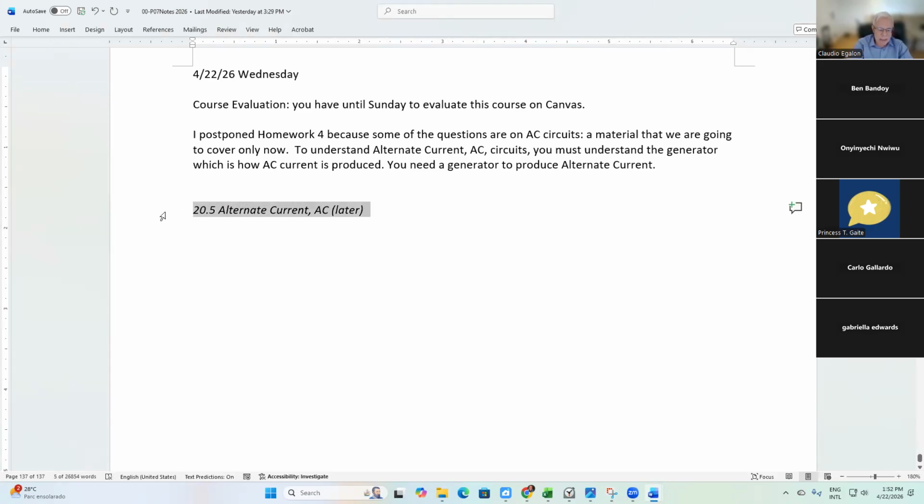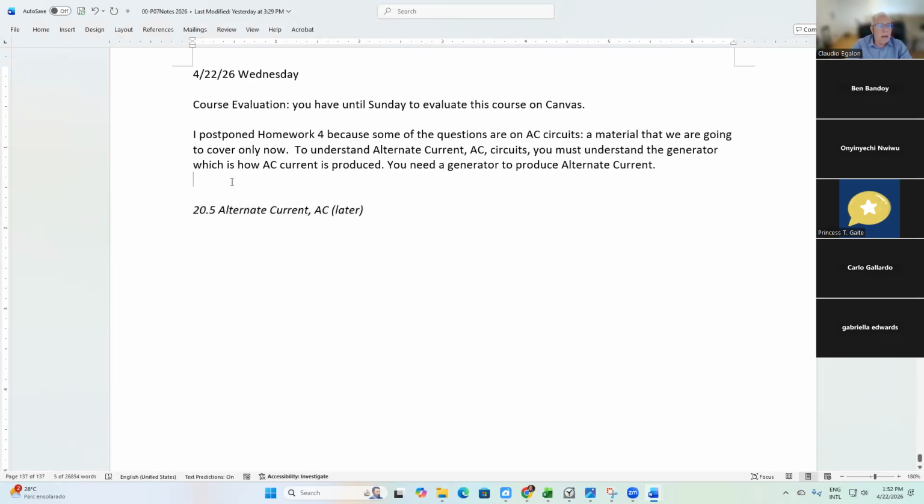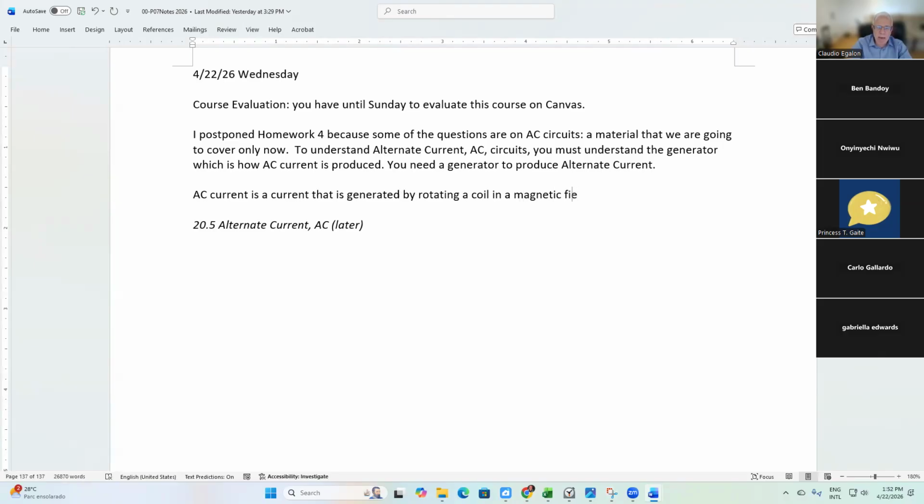Alternate current, AC current, is a current that is generated by rotating a coil in a uniform magnetic field